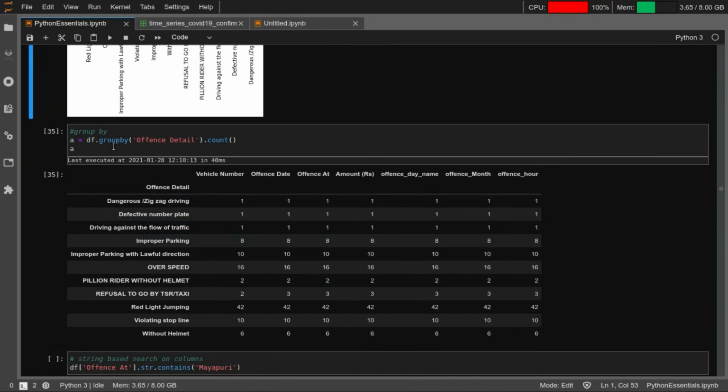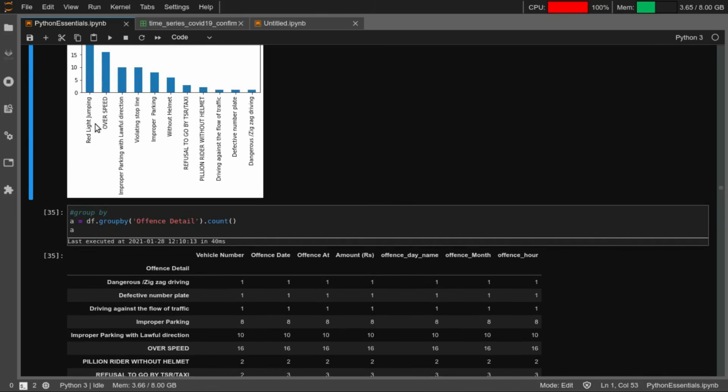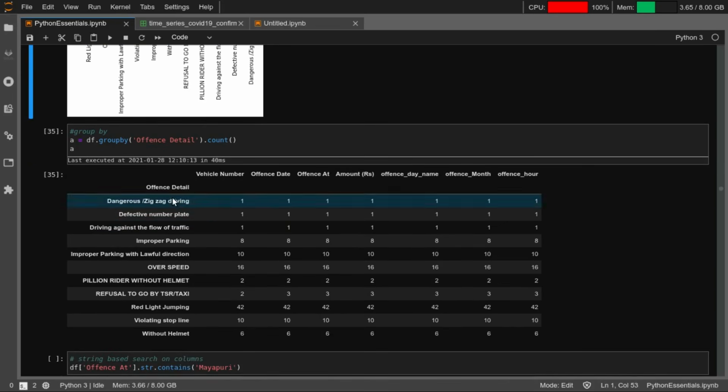The next one is something called group by, right? As we discussed here, there are different offense types, and you can categorize and group everything based on that offense. So you're saying group by offense detail and then count, right?